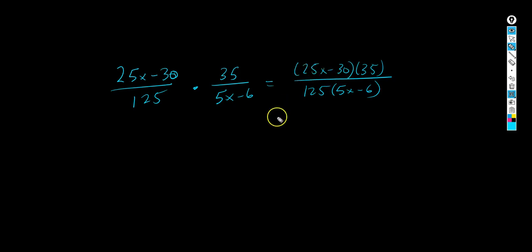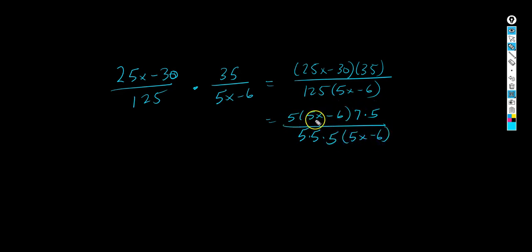25x minus 30, they have a 5 in common, so that can be factored out. 35 is 7 times 5. 125 is 5 cubed, or 5 times 5 times 5. And 5x minus 6, I can't do anything with that. Now I have a product in the numerator, product in the denominator, and I've written everything in lowest terms, so